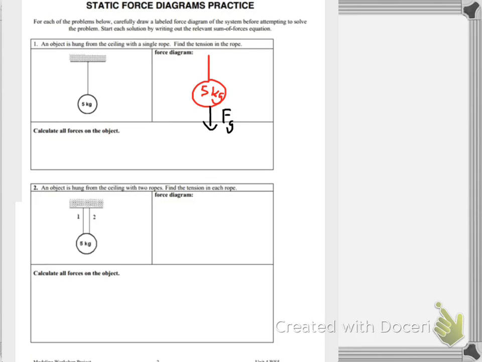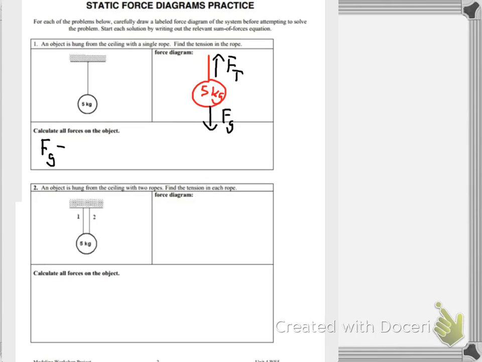So then in order for the object to stay still, that means that the forces are balanced. And in this case, we're being asked to find the tension in the rope. So there will also be a force of tension pulling in the opposite direction. To calculate all of the forces on the object, there's really no way to find the tension without knowing that force due to gravity. And the force due to gravity